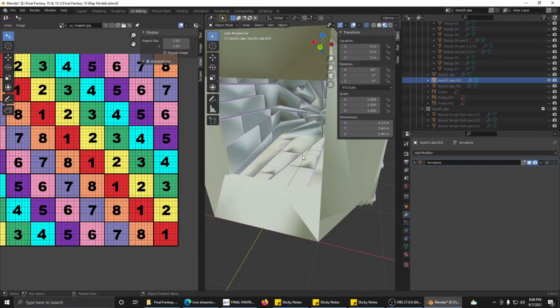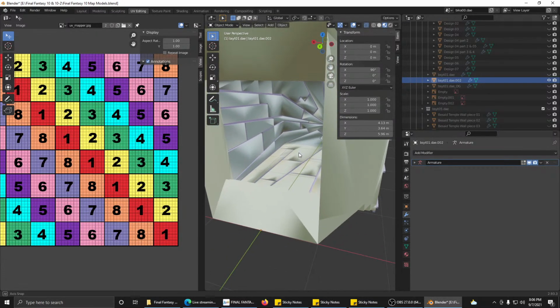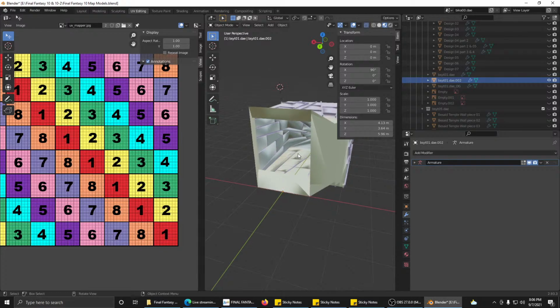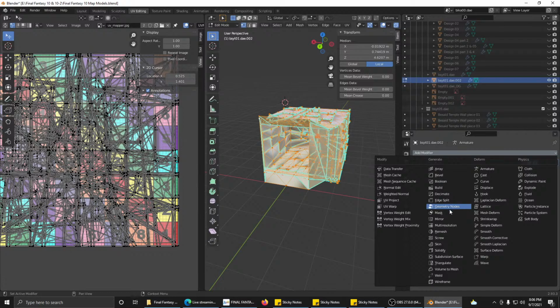So that's pretty much it. I now need to figure out... This is all already UV mapped, but it's UV mapped kind of crazy. Maybe. I need to look at how this grid texture looks when it gets onto the mesh itself. So